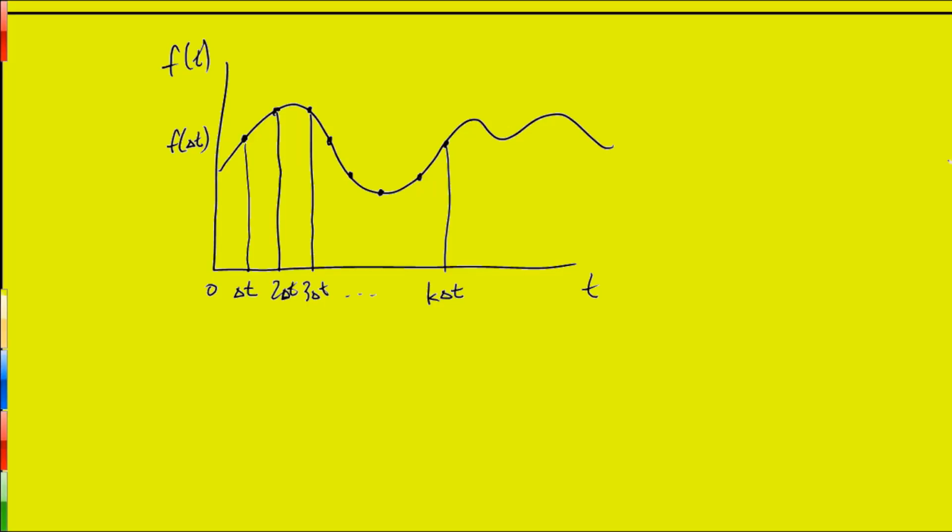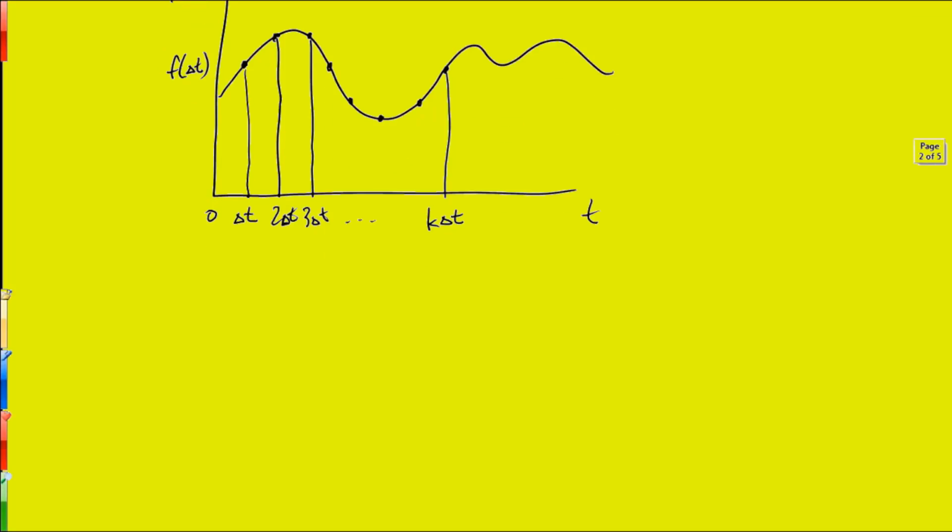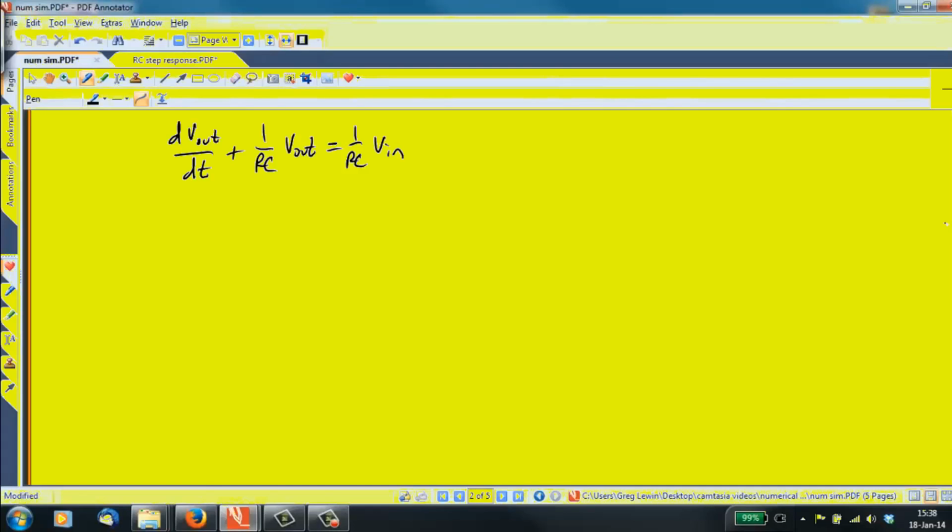So for example, in our equation for the RC circuit that we derived, instead of the derivative being continuous, we're going to define it in terms of Vout at discrete points in time. Specifically, we're going to define it as Vout at some time step k